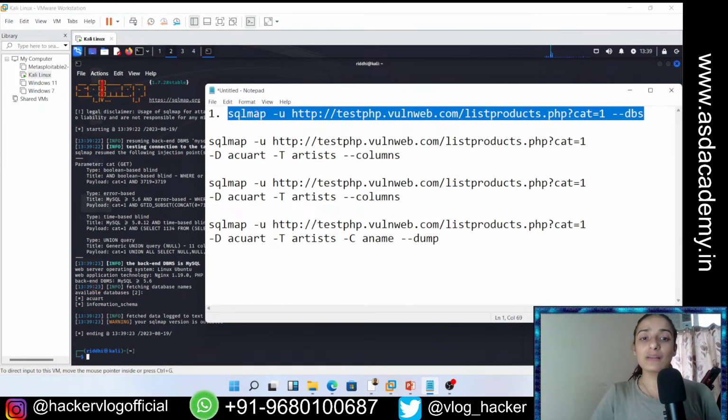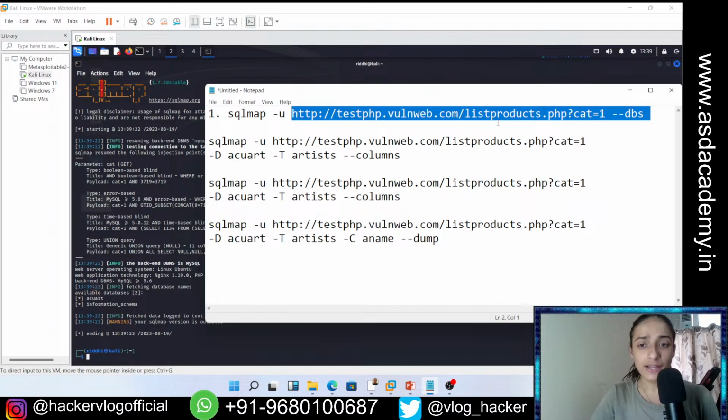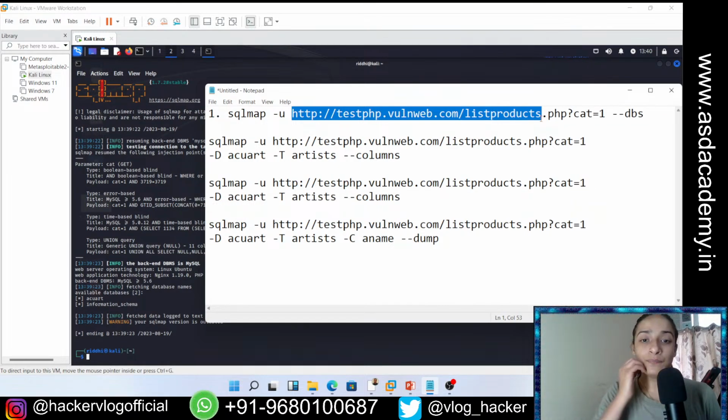When we start with SQLMAP, we write -u and then the link. If we have any website like demo.testfire, what we need is a query with some parameters showing in it, so that it will be easier for us to understand